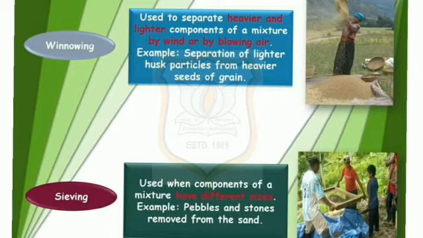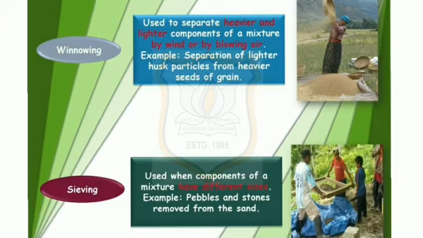The husk particles are carried away by the wind. The seeds of grains get separated and form a heap near the platform for winnowing. The separated husk is used for many purposes such as fodder for cattle. The husk particles that are separated from the grains are given as fodder for cattle. It means it is given as food to the animals.